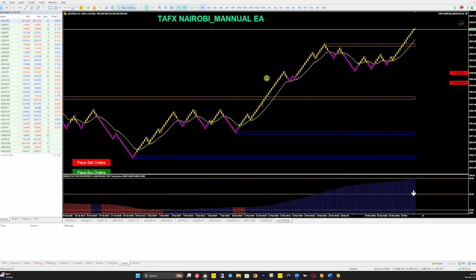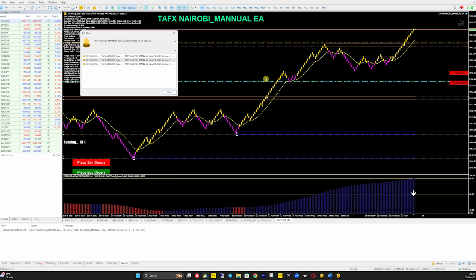So it should tell us to buy, because now we have corrected the spread. Now it can tell us to buy. All right, you can see buy gold, and the level is here. So that is the reason why you must check your broker's